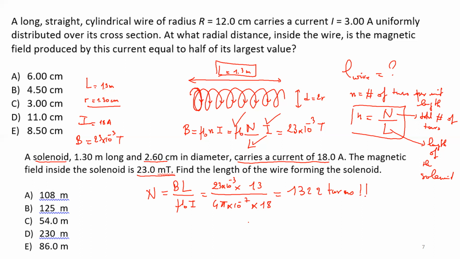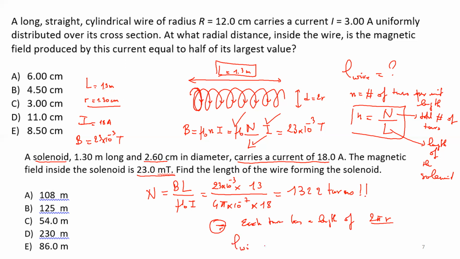So each turn has a length of 2 pi r, because each turn is a circle. If r is the radius of the solenoid, each turn has a length of 2 pi r. Okay? So n turns,